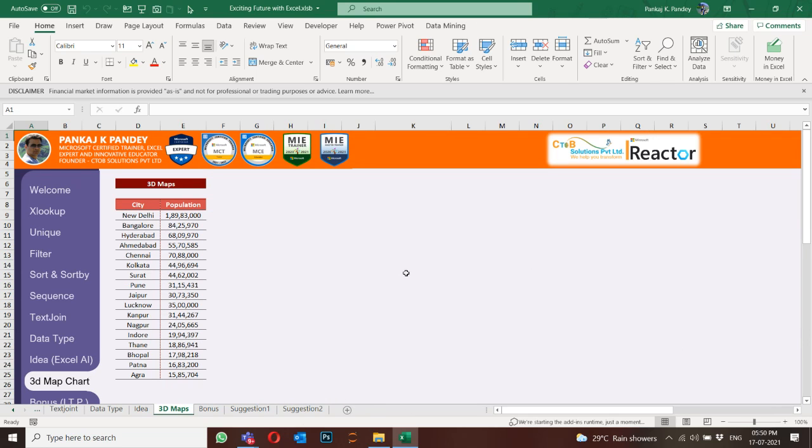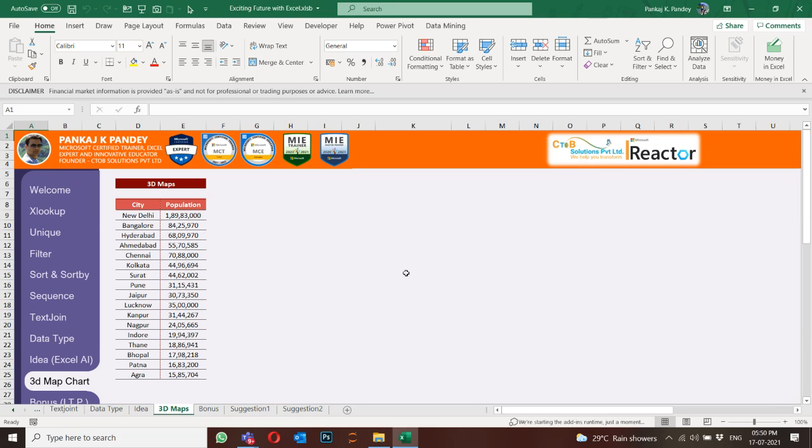It is something which I really like personally. It is not something which you can actually design and put in your dashboards, but it is very good whenever you are presenting, controlling your file and showing some data to someone. It is very visually appealing and it takes geographical data representation to the next level. So I'm going to take a very small example of how you can use 3D maps